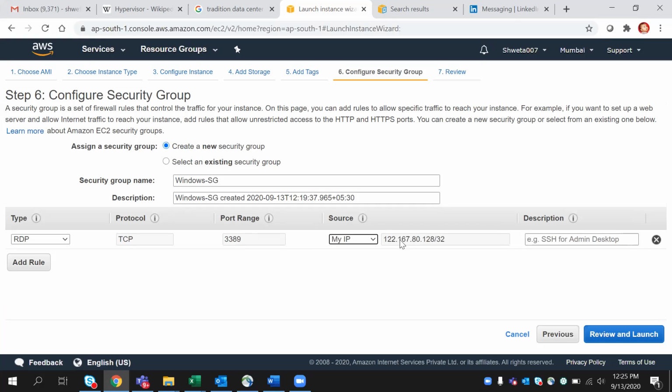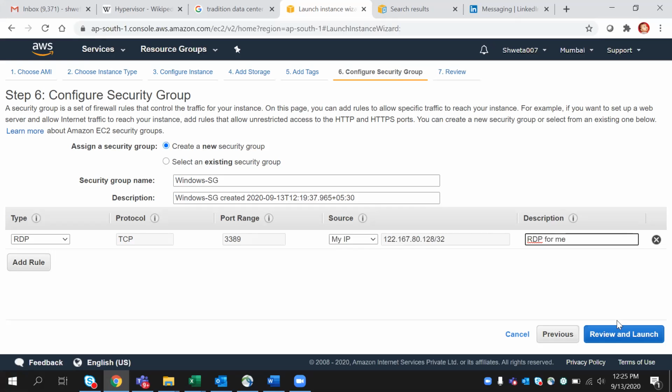So this is the IP which is publicly used, given by your ISP. If you go to myip.com or somewhere, you'll find the same IP there. This is your IP through which you are accessing the internet. I will explain this more when we discuss NATing. There I'll explain how it works. IP addressing I'll cover in detail. So here, just in the description section, you just mention RDP for me. That's it. It's just for you.